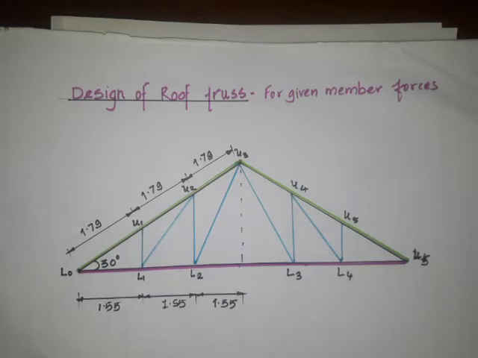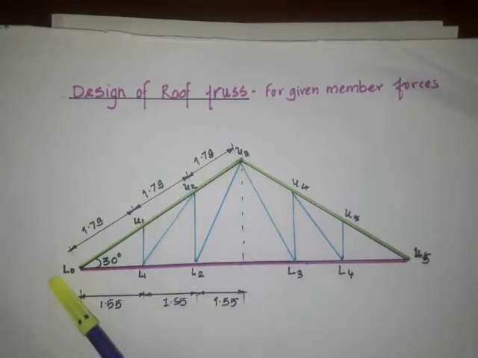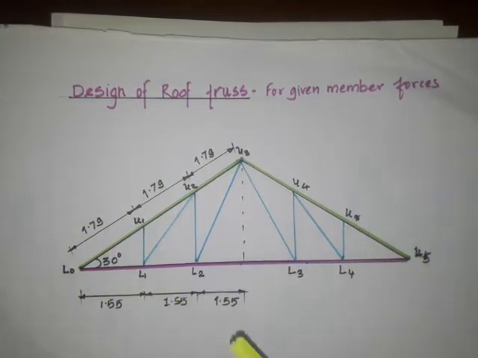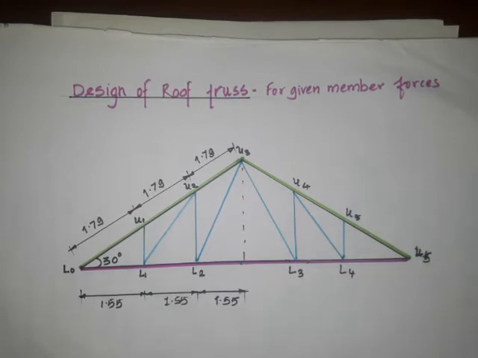Okay. Now I request all of you to go through design problem number 1, that is the design of roof truss with bolted connection. I have given it the name problem number 1. So before going to this, I request all of you to go through the video for problem number 1, so you can easily understand how to select area and how to choose the member from the steel table. I have discussed each step briefly one by one in problem number 1. I am not going to repeat those steps.